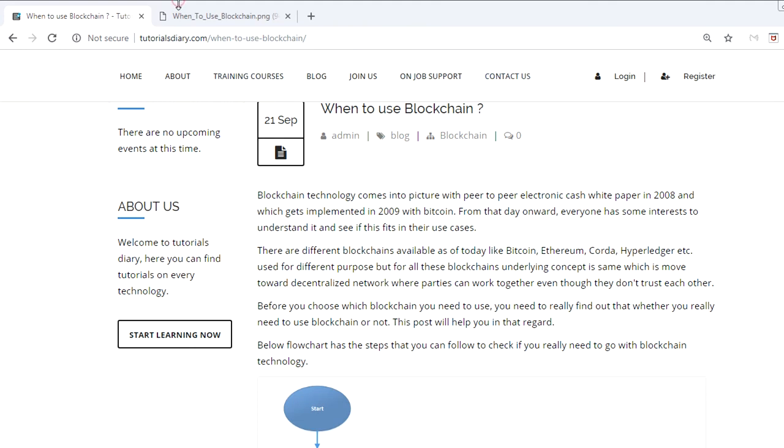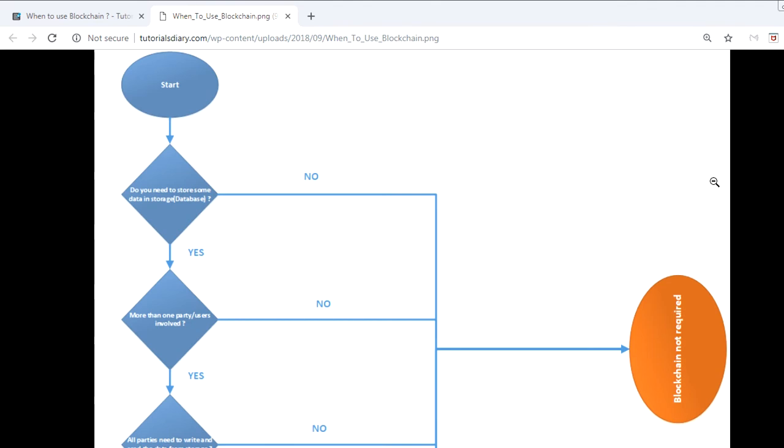So in this video we'll discuss this flow chart for blockchain, just to find out whether your use case is meant for blockchain or not. Before you find out whether you can use blockchain or not, you should be very much aware of blockchain: what blockchain is all about, and what all you can do with it. We already covered the introduction of blockchain in other videos and sessions, which you can go over and see in detail, because we will not cover the same